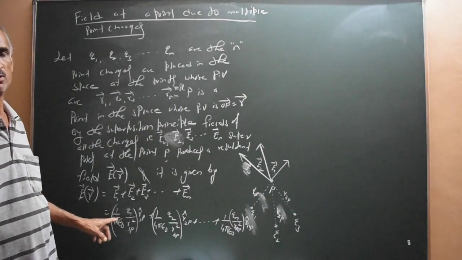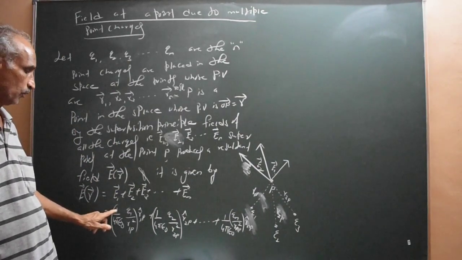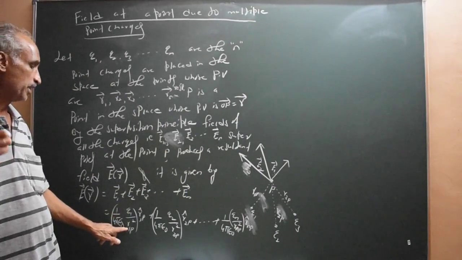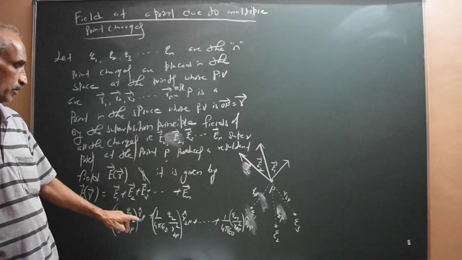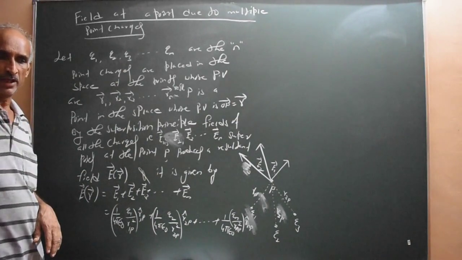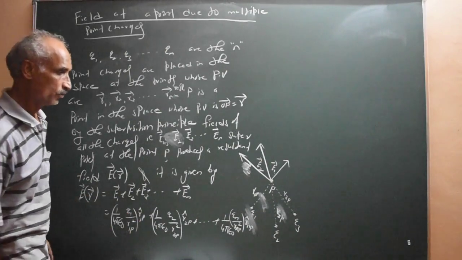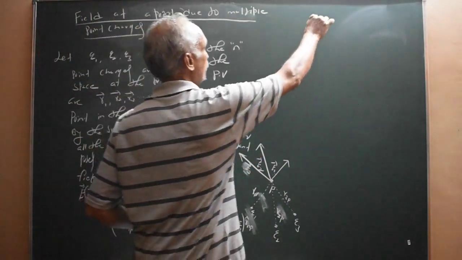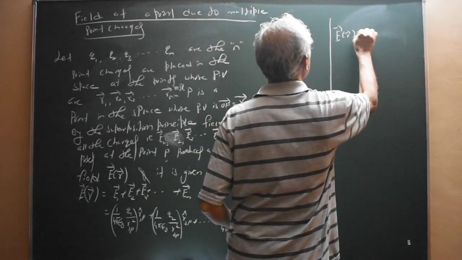So the field due to a single point charge is like that, at a point P which is at a distance of r from the charge q: 1 upon 4 pi epsilon naught, the charge upon the square of the distance between the point and the charge, into the unit vector in the radial direction, r cap, where r cap is along the line joining the point and the charge. So RnP cap, in short, I can write it as, therefore E bar of R bar is equal to, I will complete that diagram later on,